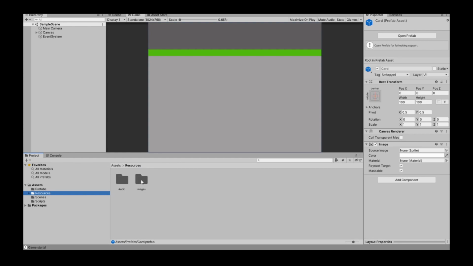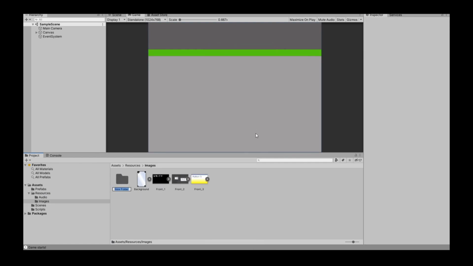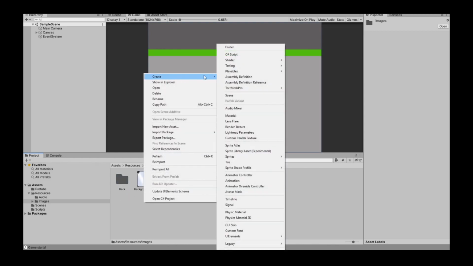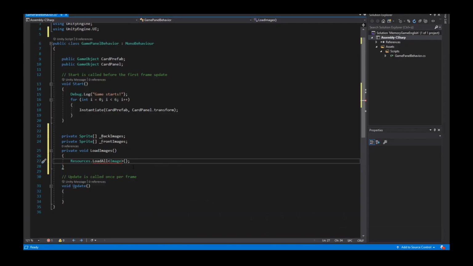So I use the path Images and create here two folders called back, and the second folder is front. The back image is in the back folder, and these three images here are in the front folder. It's just easier to separate them in the script. So I load all images from Images/back,